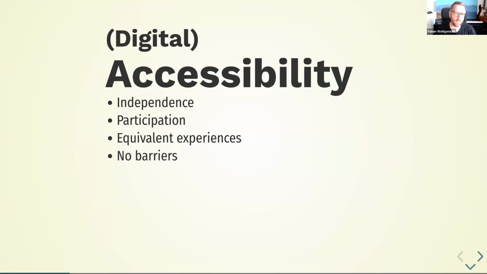It is about creating equivalent user experiences, ideally for all people, so that not a certain group of people has a different, worse experience with our digital products. And ultimately, we would like to have websites and digital products without any barriers.